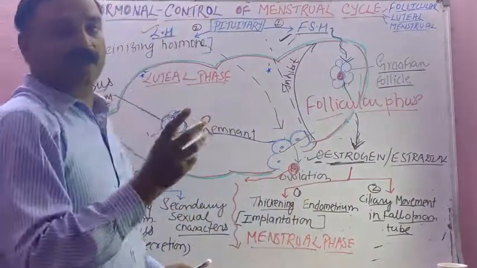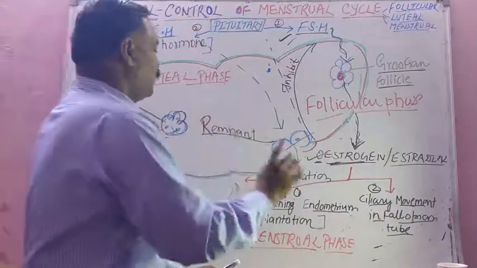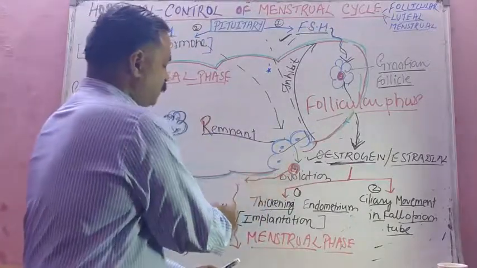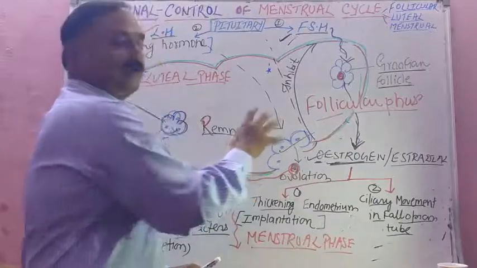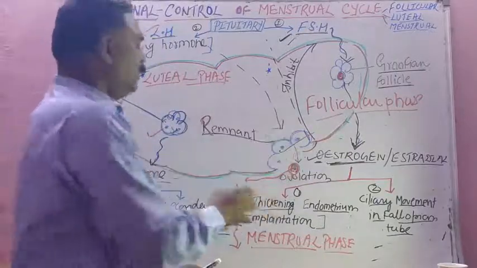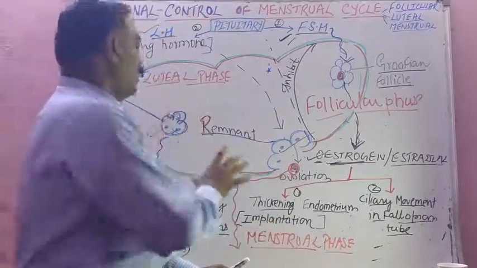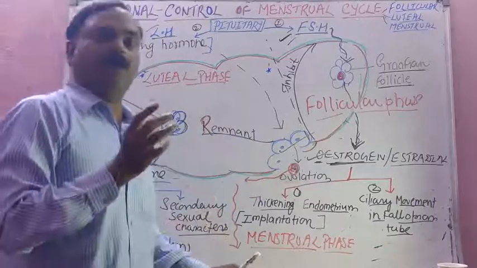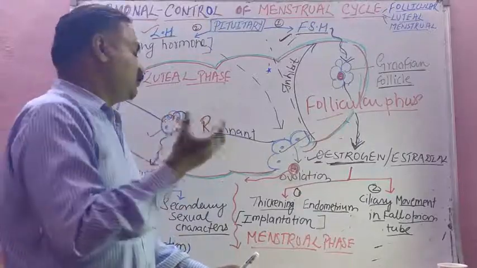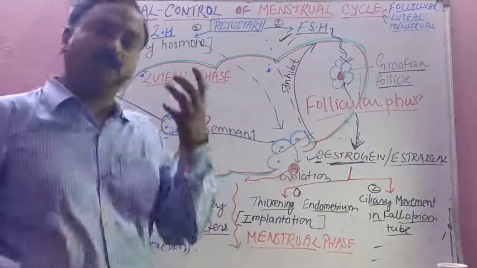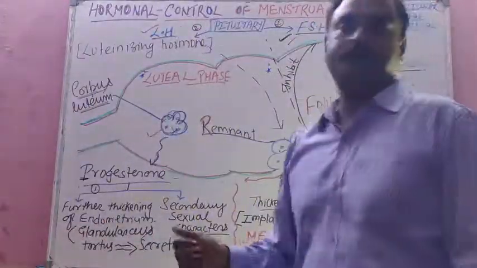In the menstrual phase, if ovum is fertilized, then implantation will occur, and if ovum is not fertilized, then this unfertilized ovum will undergo autolysis, and it will break along with the endometrial cells and blood vessels, and it will be given out in the form of blood, and that is menstrual flow. It is also called weeping of the uterus for the loss of the ovum. This is the biological line. It is also called the weeping of the uterus for the loss of ovum, isn't it?